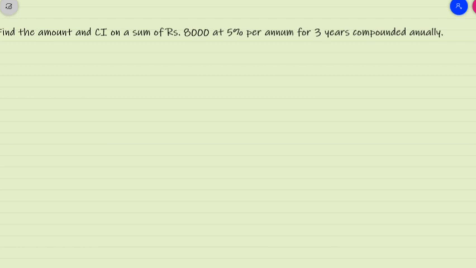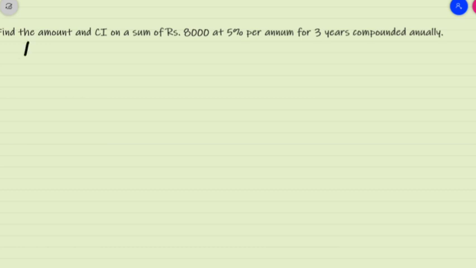You know, for the first question and the second question we have been finding the interest for 1 year. So compounded annually means after 1 year the figure will be rounded off, and then again on that rounded figure interest will be calculated. So here the time duration is 1 year to round off the amount that is to be given to the lender. Now find the amount and CI on the sum of rupees 8,000 at 5% per annum for 3 years compounded annually. Let us see what he will get after the first year.